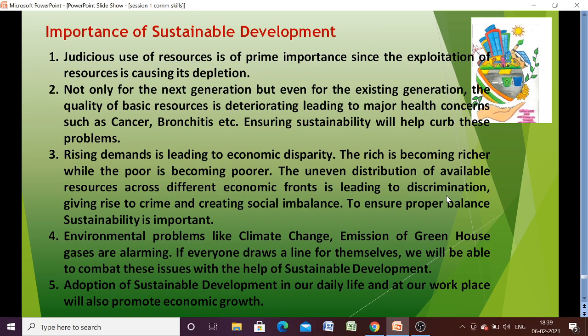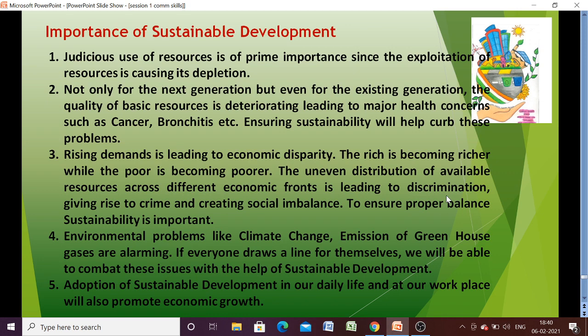In wind energy, the energy is harnessed from the motion of wind using a turbine or windmill. In case of solar energy, the energy is harnessed from the sun using solar panels. So it has minimized the use of water and coal to generate electricity. Similarly, crop rotation is the practice of planting different crops in the same farm to enhance soil fertility and maintain the bind of the soil. Now, rainwater harvesting is a technique of collection and storage of rainwater into natural reservoirs, natural tanks. Okay, so these may be some examples of your sustainable development.